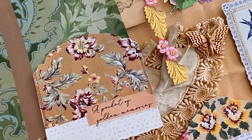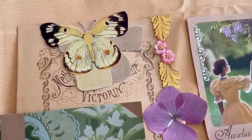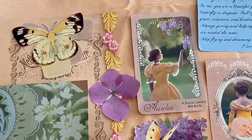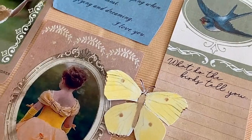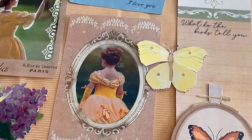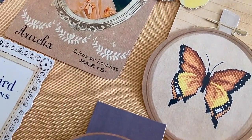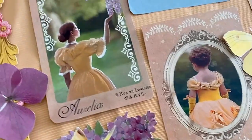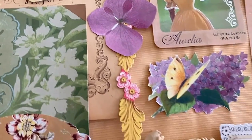When thinking of Aurelia and the story that would be told, using that beautiful Victorian cover, I wanted to capture her personality in ephemera pieces. Taking a look into Aurelia's story, letters written to her from her other sisters, sentiments that the birds have whispered to her, butterflies that she has found in nature and turned them into embroidery, a picture of her when she was a little girl, to now a picture of her as a young lady, pressed flowers that she took from a hydrangea bush,